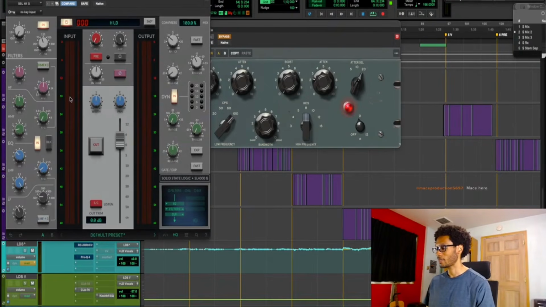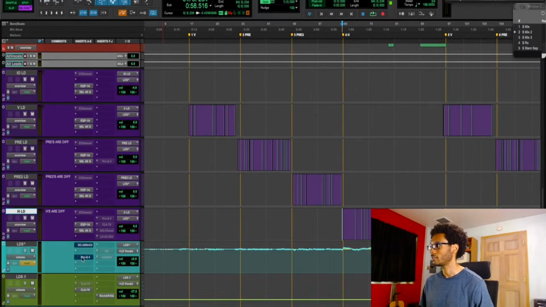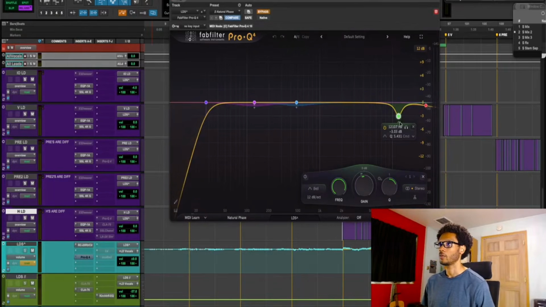I'm getting the same kind of effect that someone might want to get as far as pushing the mid-range and the personality out of his voice by just doing 2 moves on the SSL, dipping down 240 and a little bit of the bass. So I'm thinking of this as a 3-band EQ when I first start EQing a vocal. I'm thinking about, this is my mid-band control, this is my low control, and this is my high control. Nothing insane or crazy. And then we come again, just really detailing that top end.